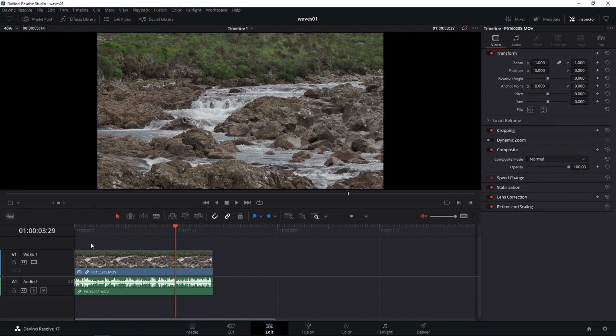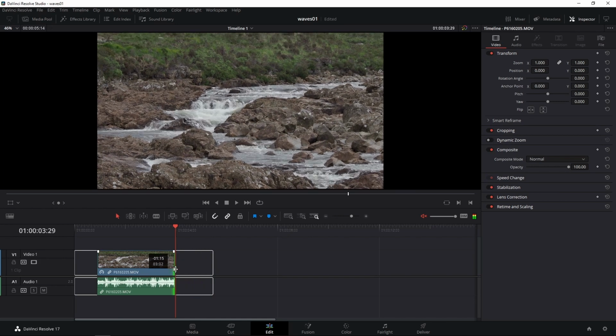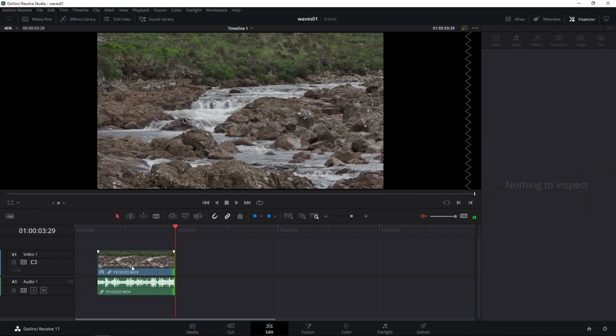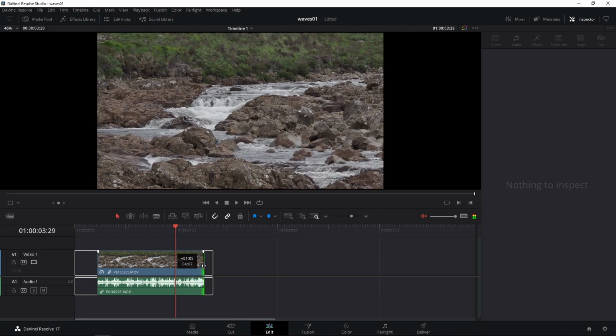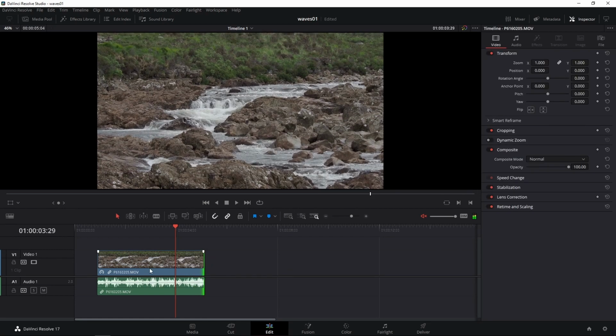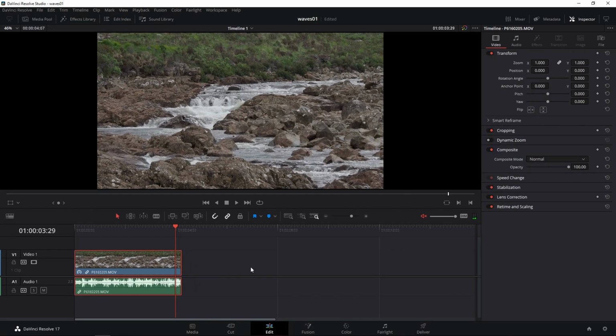One of the first things that probably most people want to do is to look at the length of it and decide they want to shorten it. They may want to chop something off the beginning, and by simply grabbing little handles here I can shorten it and so on. But it's not permanent, it's reversible, so at any stage if I want to readjust this to a different point I can. So taking the front and back end off a bit of